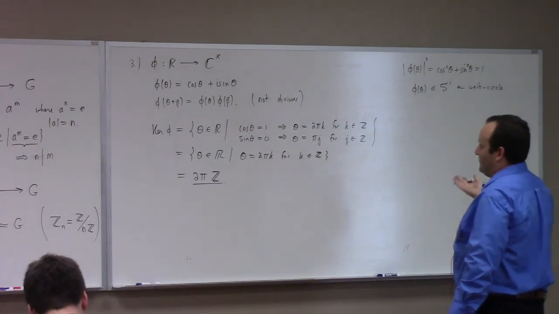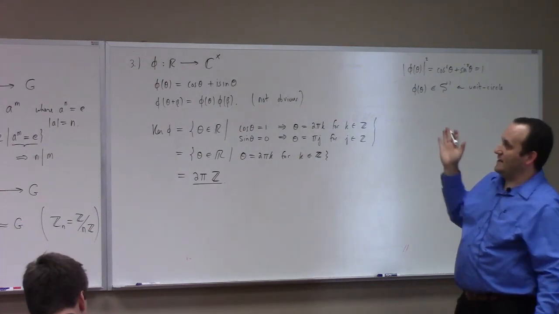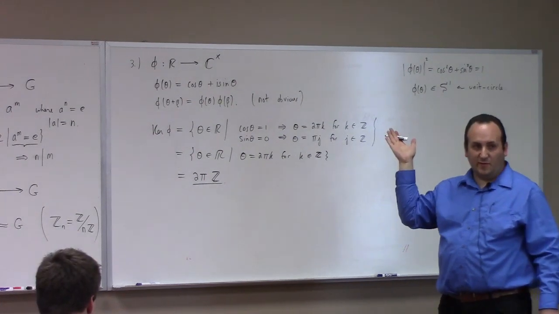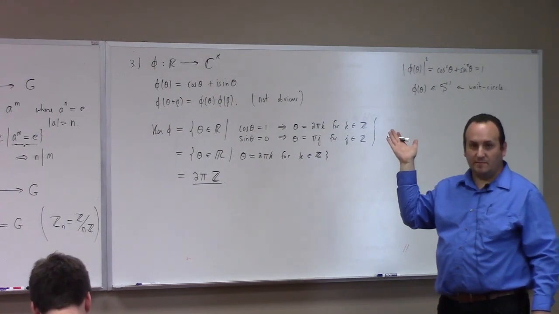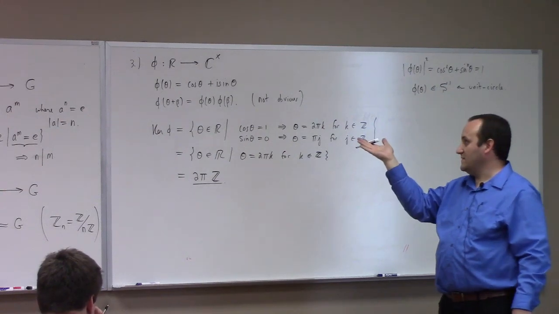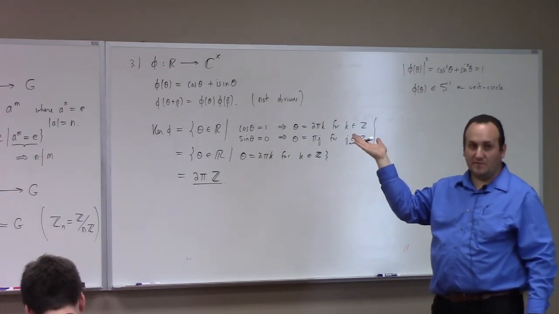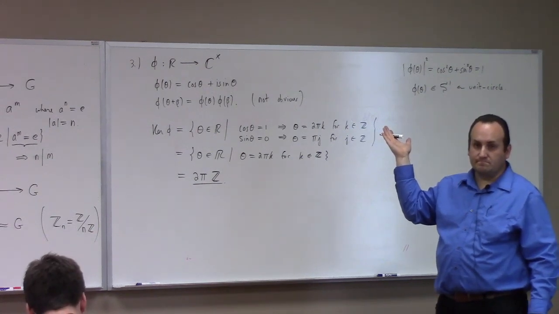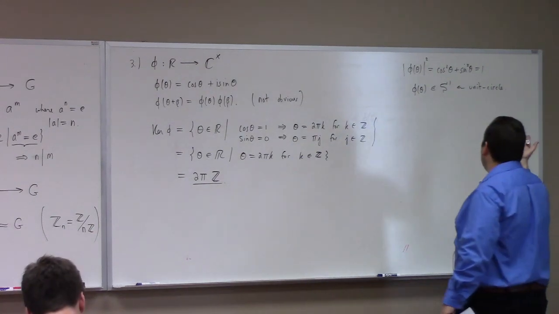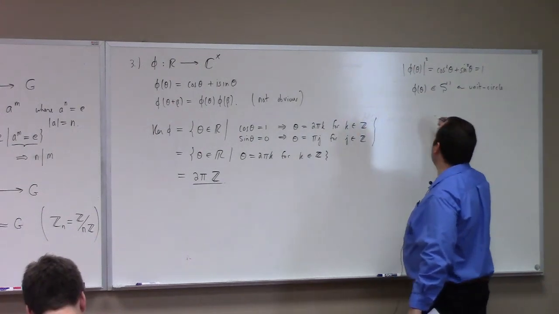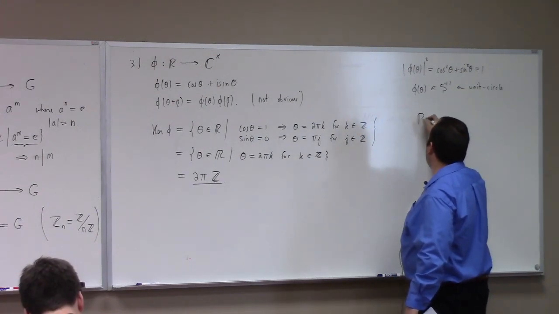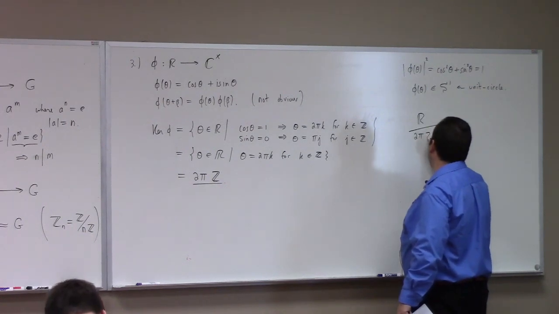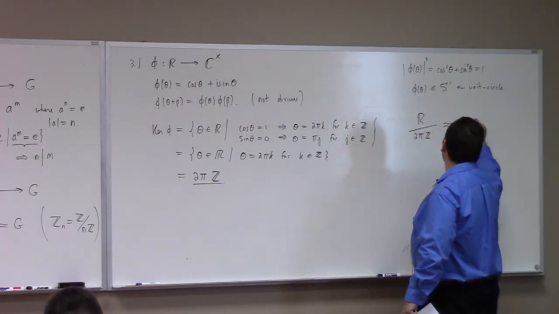I mean, here's a proof that it's a multiplicative group. It's the image of a homomorphism, right? So if it's the image of a homomorphism, it's a group. In fact, showing that phi is a homomorphism suffices to prove that the unit circle in the complex plane is a group. Okay? And so in total then, we find by the first isomorphism theorem, the reals modulo 2 pi Z is isomorphic to the circle